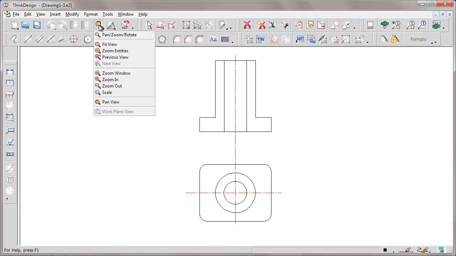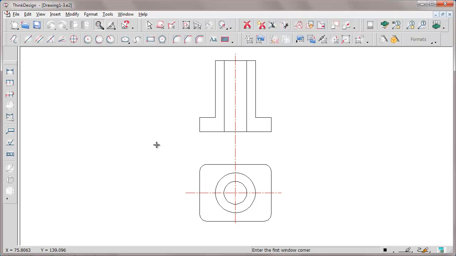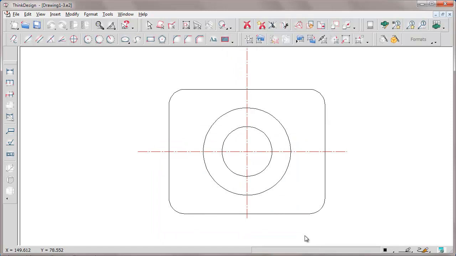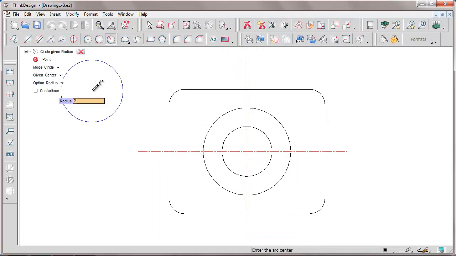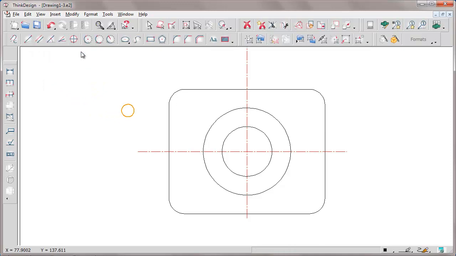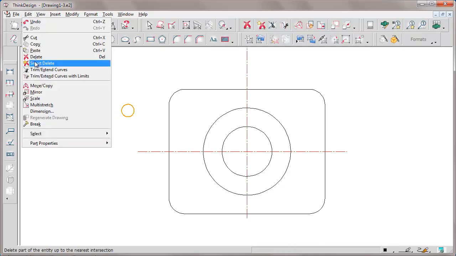We will do some editing in the top view, the one in the bottom side of our drawing. Let's see how to use the Move Copy command to define the right position of a hole inside the view and to perform copies of it. First of all, we insert a circle, our hole, in any position. We select the Move Copy command